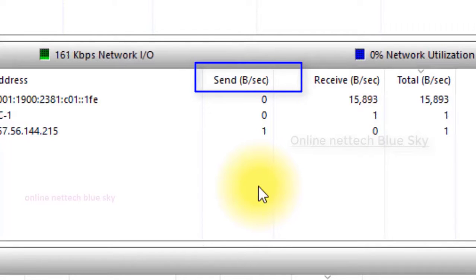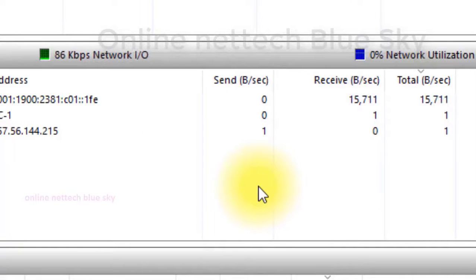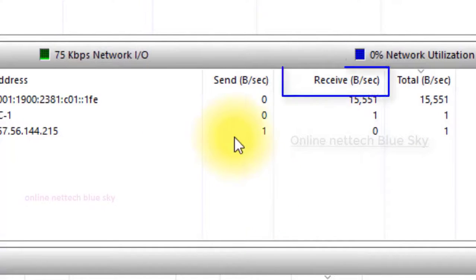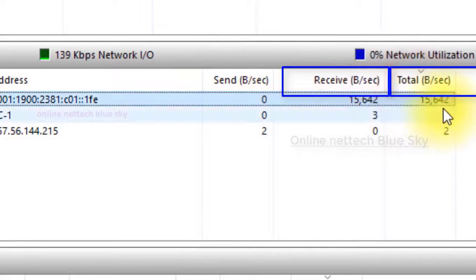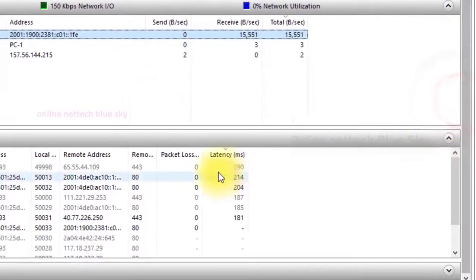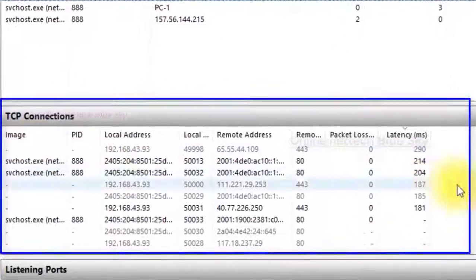Send means how many requests my computer is sending, and you can see one request sending. For receive, I'm connected and downloading one file here, just to show you. You can see 15597 showing here.